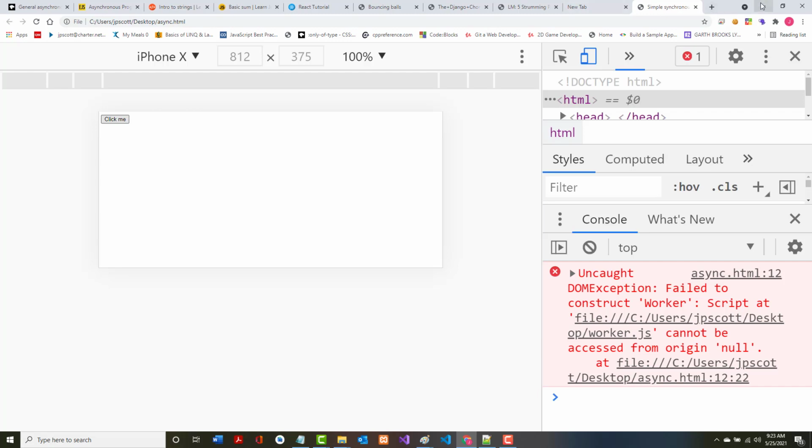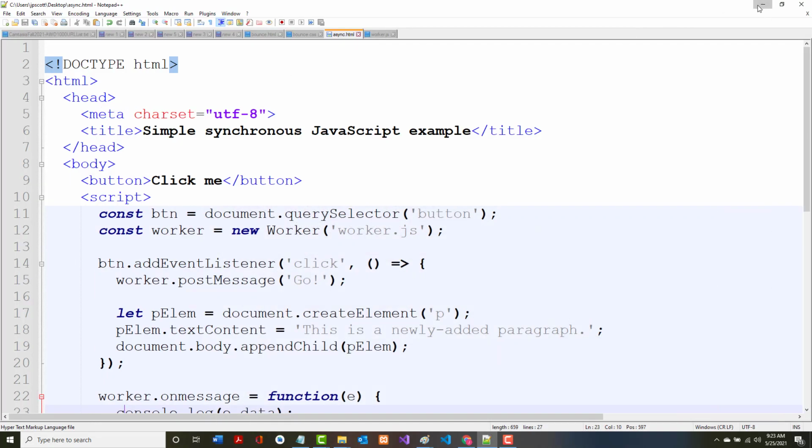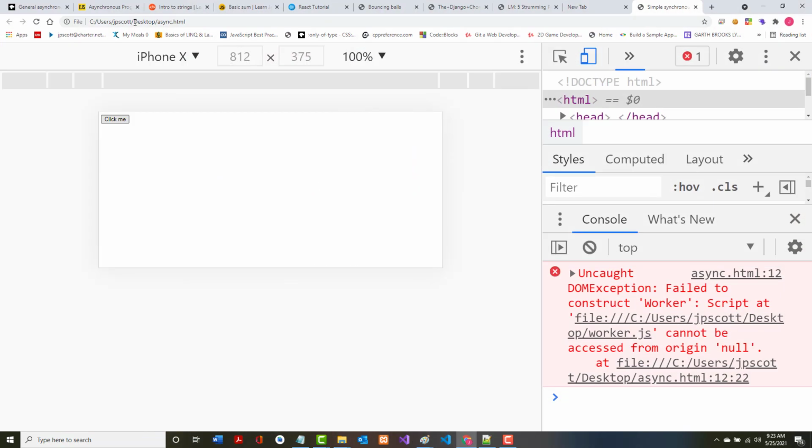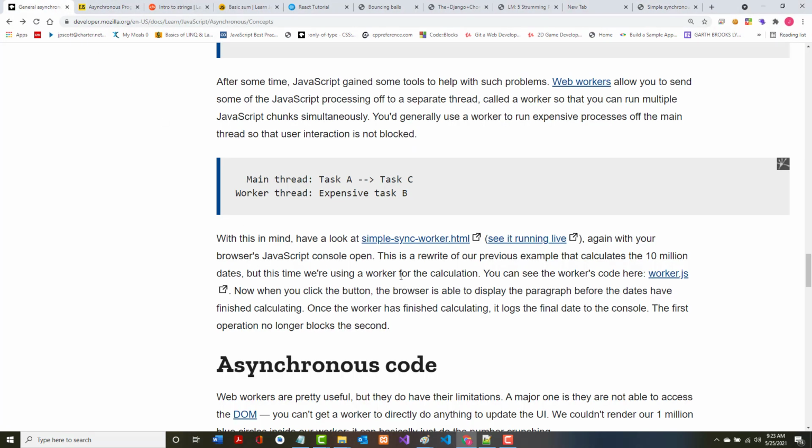Still doesn't like it, so let's take a look and see what's different. So we'll actually run the working copy from their working copy. All right. So notice we immediately got this is a newly added paragraph. And after it's done with all those dates, well, we're not going to see it in there, but if we